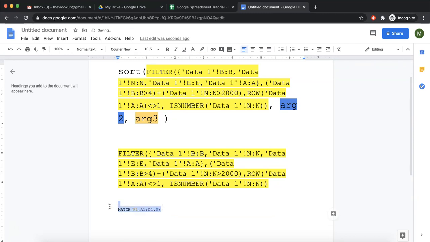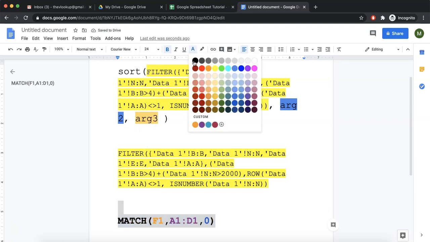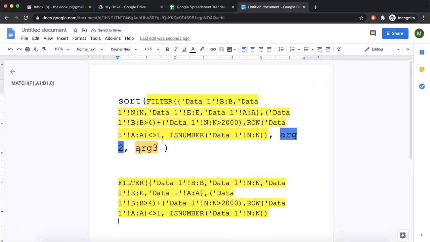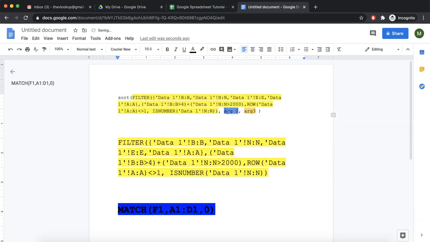This is a function that we have, which is match, and it is returning something. Let's make it dark color. Now we know that argument 2 of this sort function has to be some number that denotes which column it should sort with.